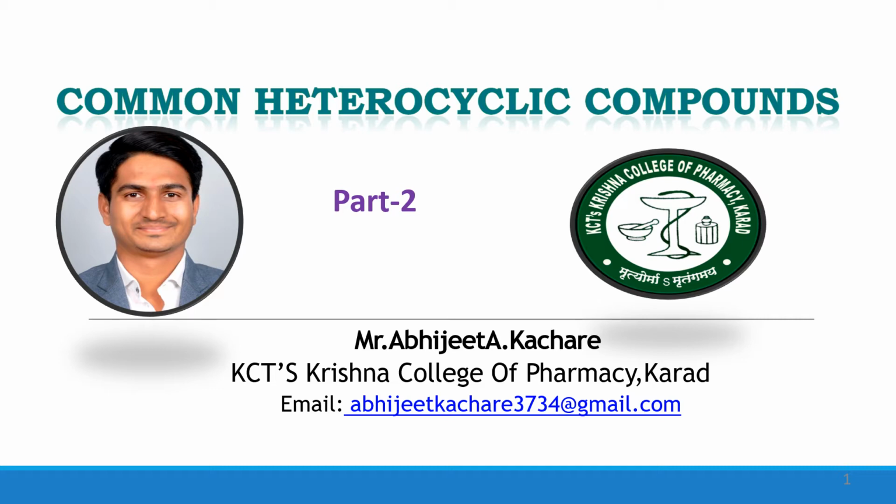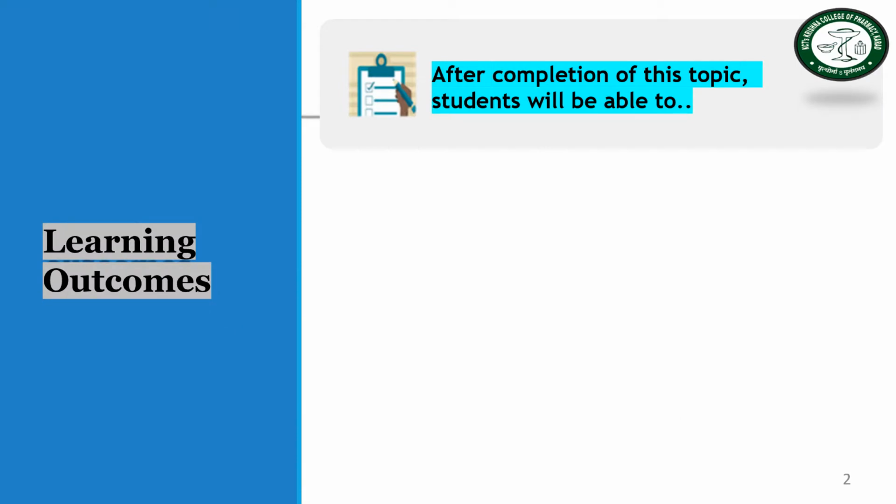In the last part of heterocyclic compounds, we discussed the difference between carbocyclic and heterocyclic compounds, then the classification of the various heterocyclic compounds, then how to number the structures, what are the different parameters considered during the numbering and drawing the structure of heterocyclic compounds. Here in this part 2, I am discussing in detail how to number the heterocyclic compounds, maybe the 5-membered ring or 6-membered ring. So let's see what is in part two in detail.